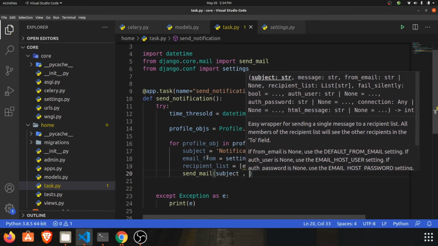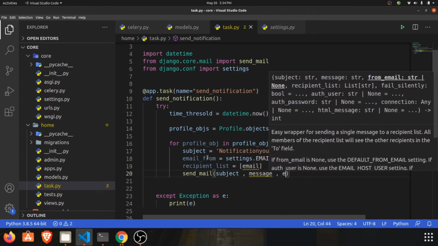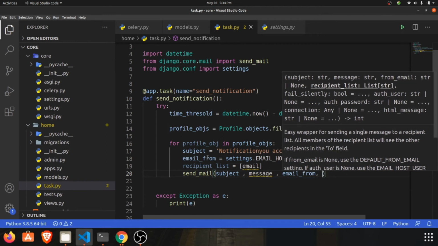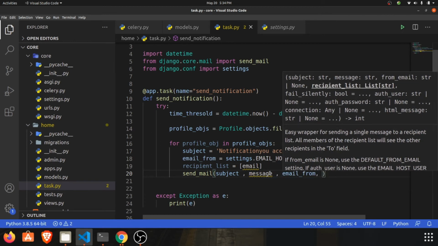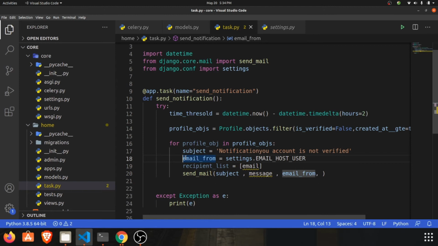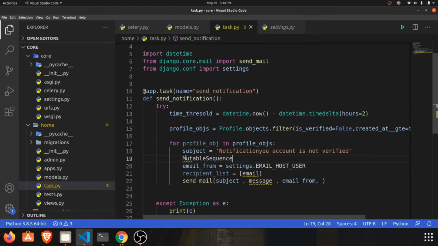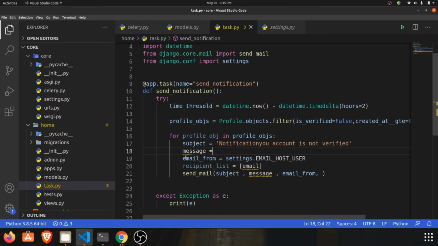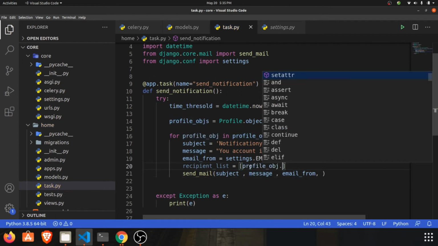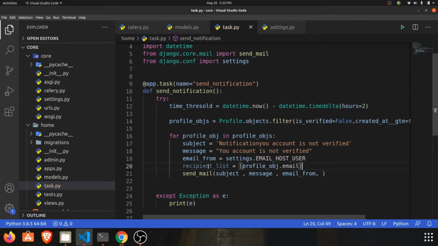We will pass subject, message, email_from, and the recipient list. The subject is this, and we need to add a message: your account is not verified, and for email we can use profile_obj.email, and the recipient list we can pass from here.